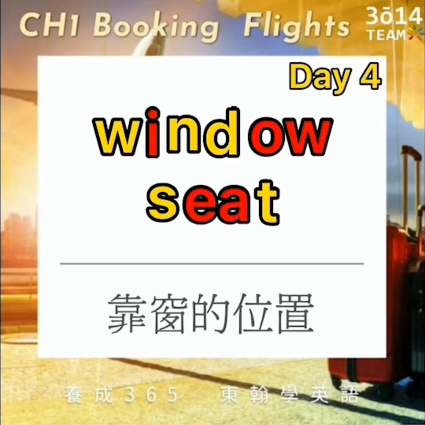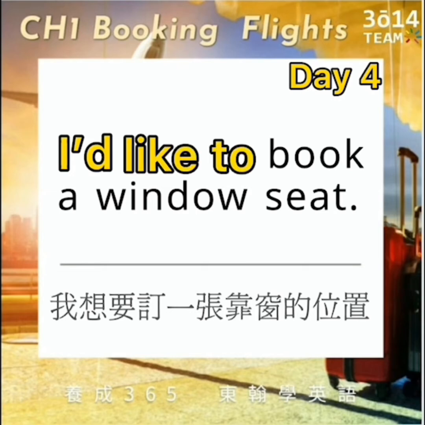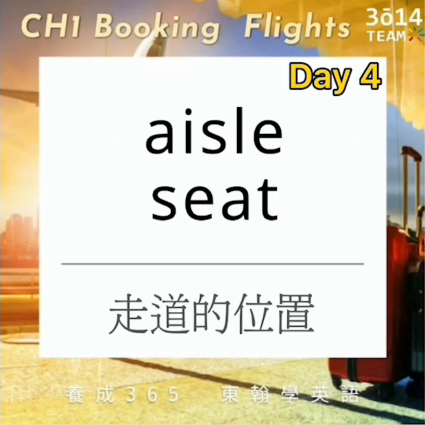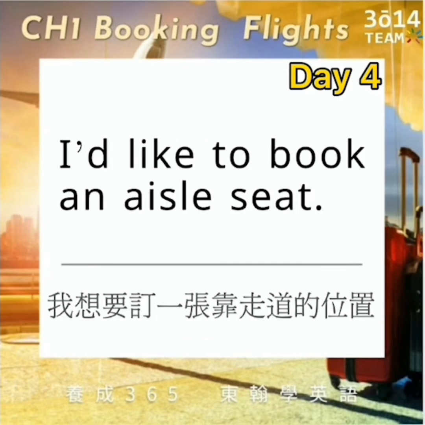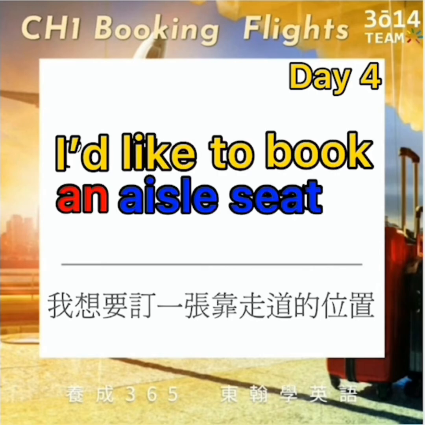Window seat。I'd like to book a window seat。跟着我念一次。有靠窗的位置就会有走道的位置。靠窗叫 window,走道叫 aisle。I'd like to book an aisle seat。跟着我念一次。